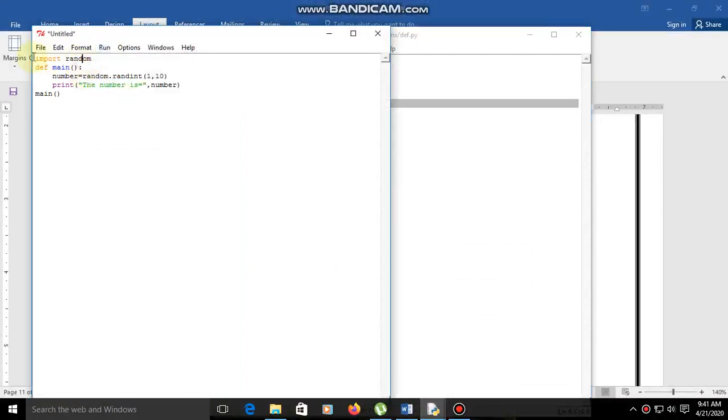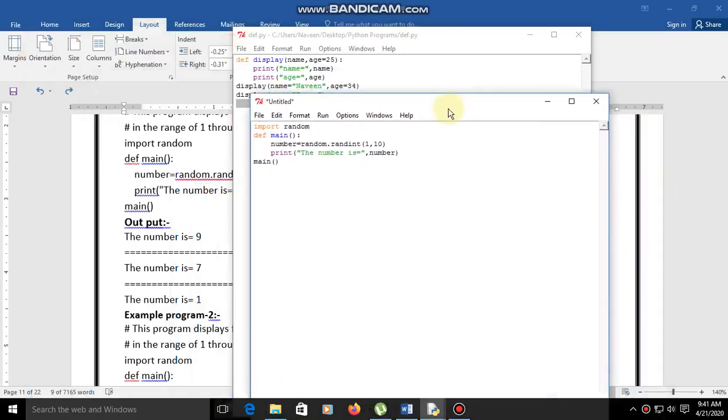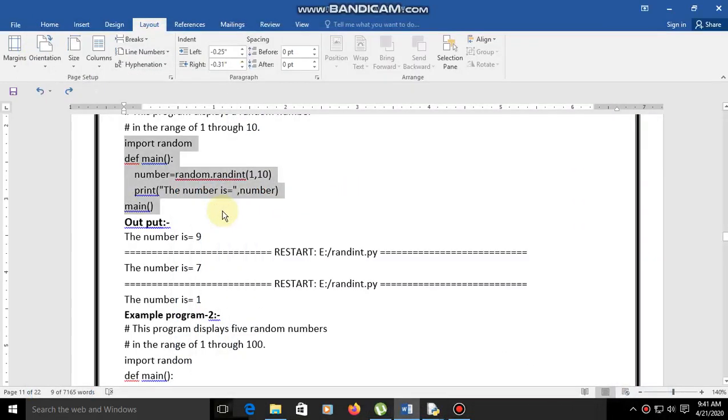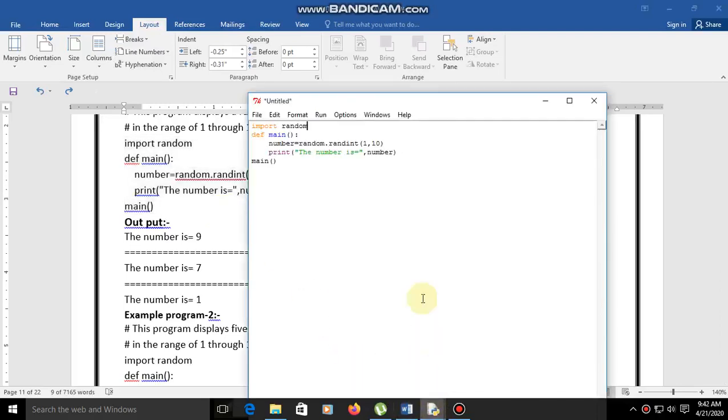Here we are importing random with import random, and defining the main function followed by a colon, and number equal to random dot randint 1 comma 100, then print the number is number, right? So the value loaded into number can be printed in the main function. Let us check.